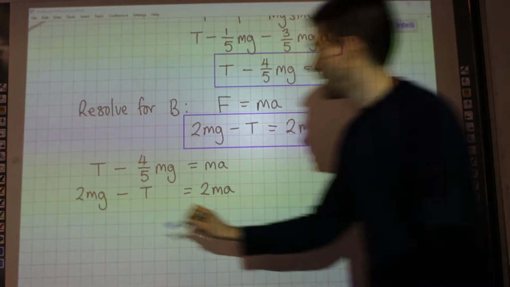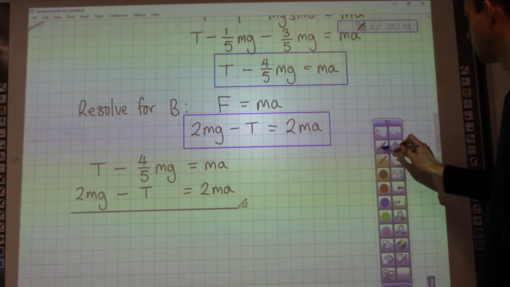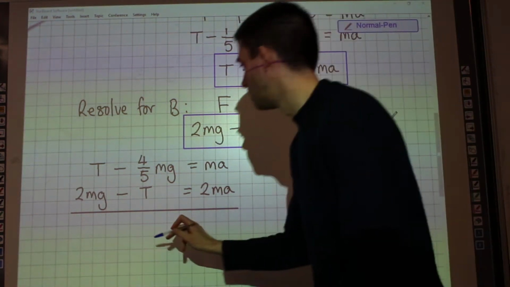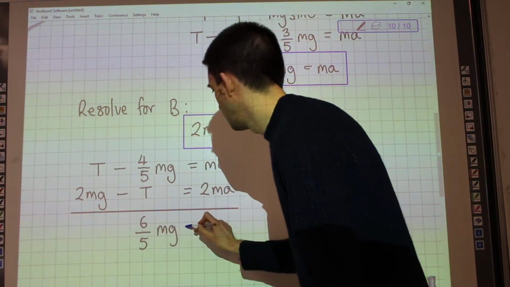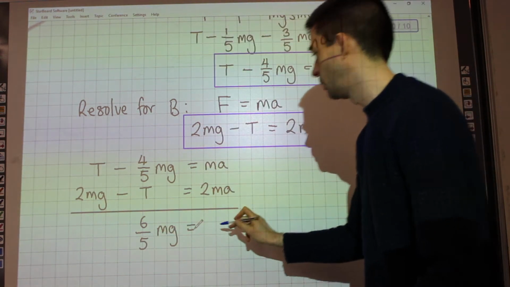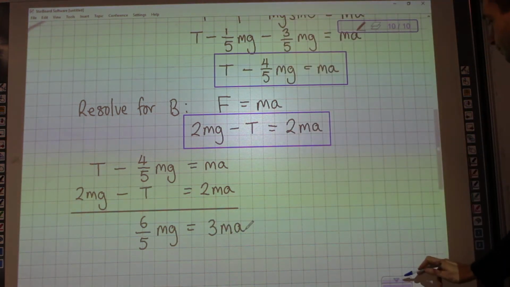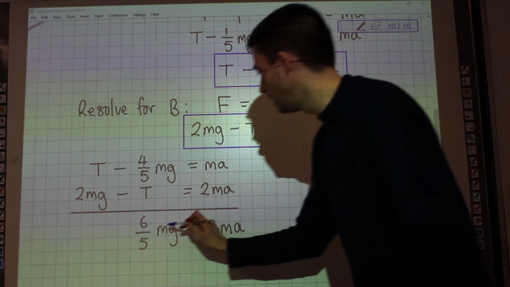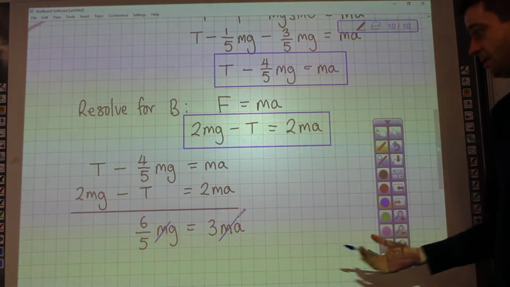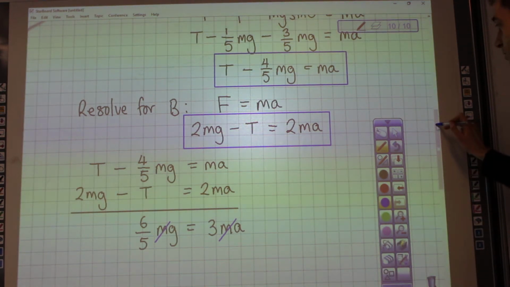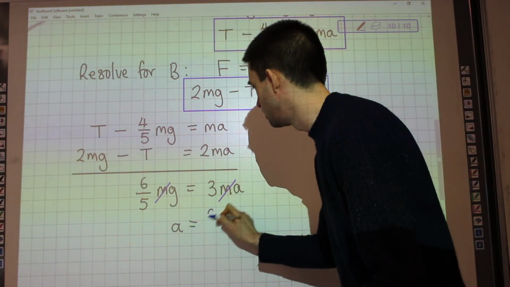And as before, if we add those two equations, it cancels out the tension. 2 mg minus 4/5 mg is going to be 6/5 mg, and ma plus 2ma is 3 ma. Now the bonus here is the m's will cancel out because they're the same value, and then dividing by 3 we get that the acceleration is 2/5 g,